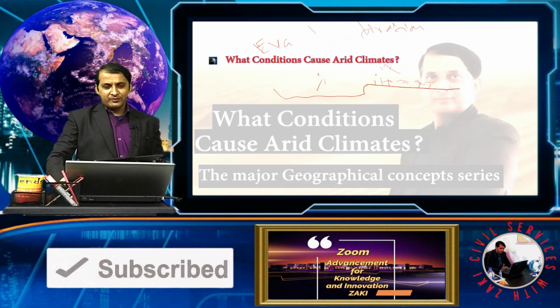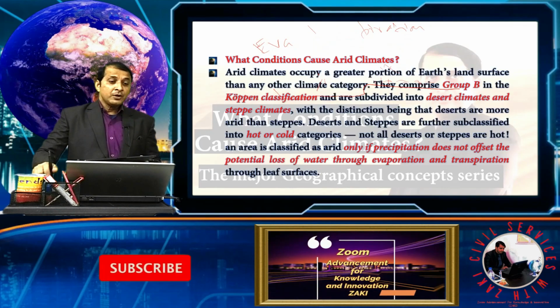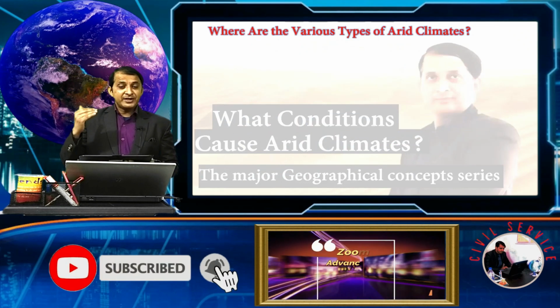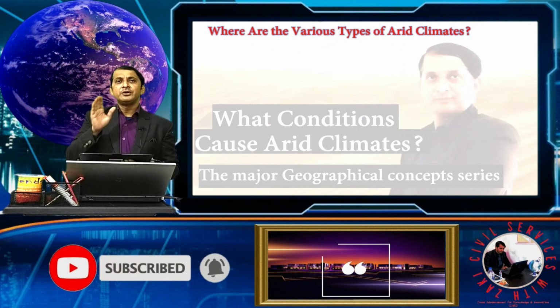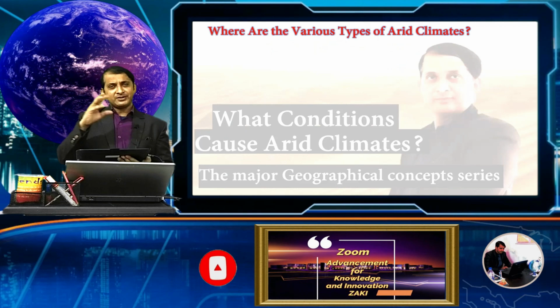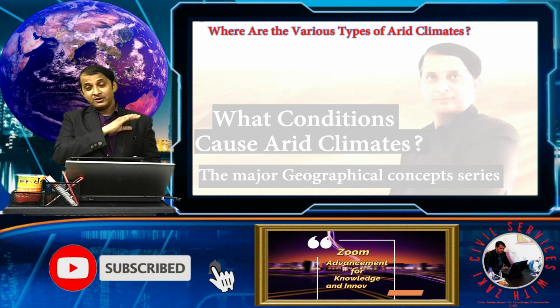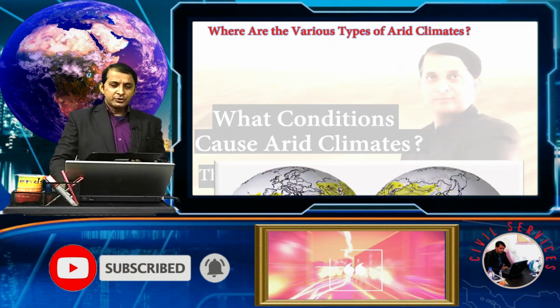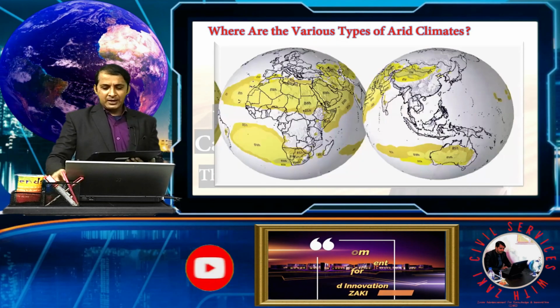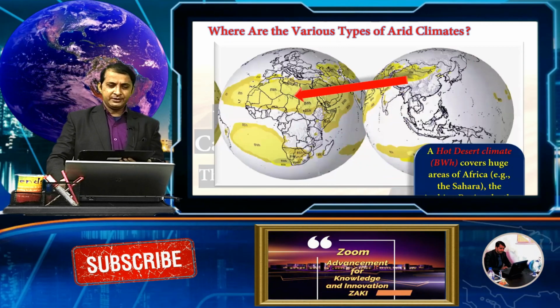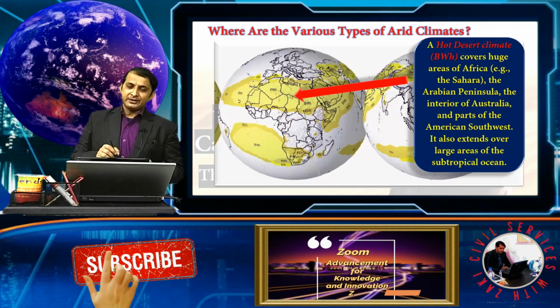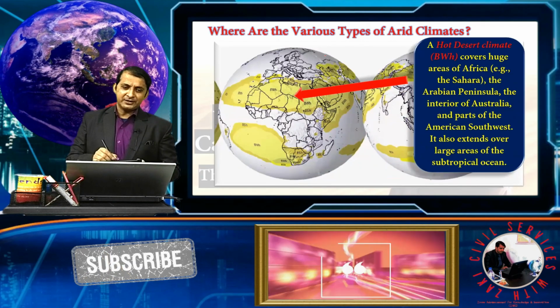Now we move forward and see where the various types of arid climate are found. Where are steppe and desert found across the globe? We see the globe here, and first we see the hot desert. A hot desert, in the Köppen classification, is called